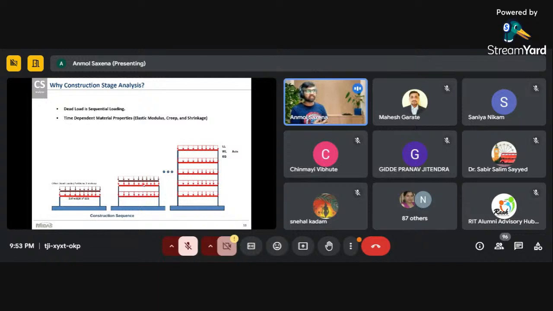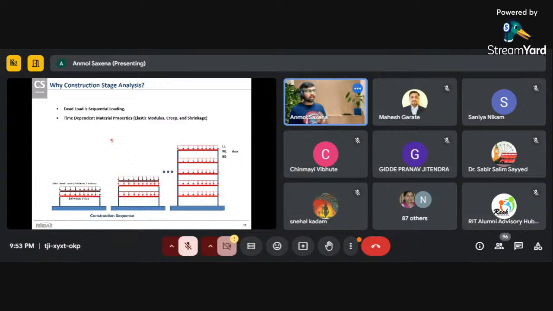This effect is basically seen more in high-rise buildings because the load is very high in a high-rise building. That's why shortening is more. In a low-rise building, this effect can be neglected, but yes, it is there. So in order to account for this, during the construction stages, we need to account for the dead load in